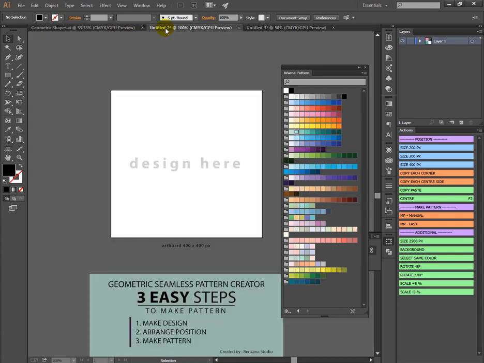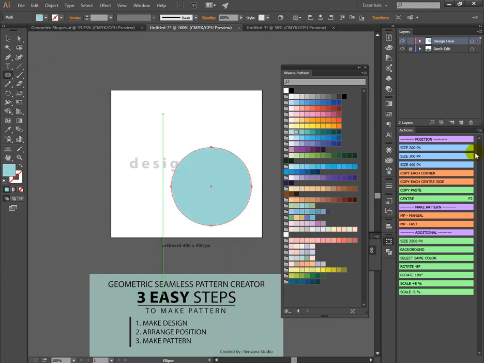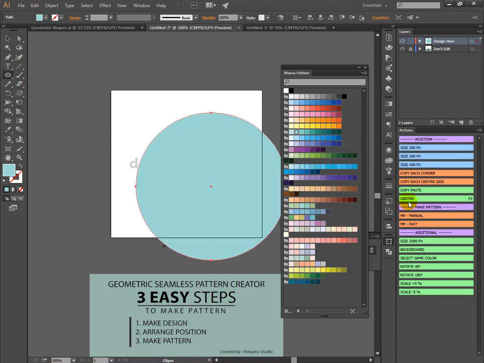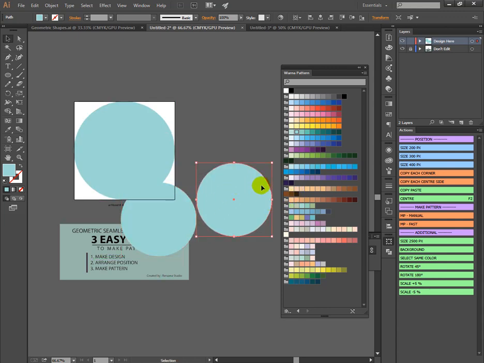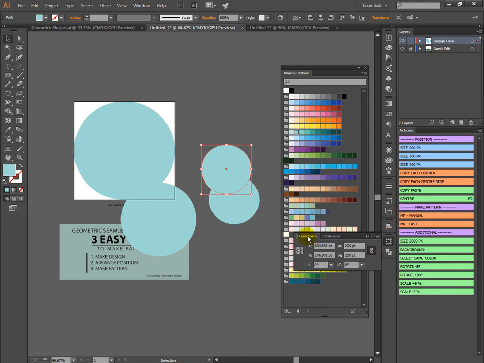Okay, I will make another, but now I want to make my own shape. I will choose the ellipse tool and click this one and go to size 40 and click center, and I will copy paste like this, and size 300, and then I will copy paste this one, I think 200. Okay, I will paste this again, and now 100. Because they are not in action, go to transform and click 1100.